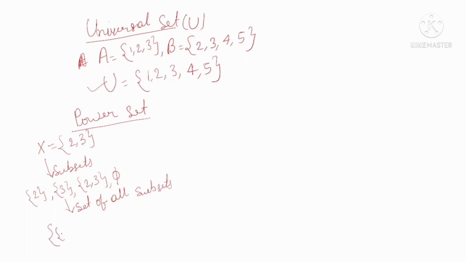The first subset is 2, the second subset is 3, the third subset is 2 comma 3, and the fourth subset is the empty set. So this is the power set. We can denote this by P of X, so the power set of X equals